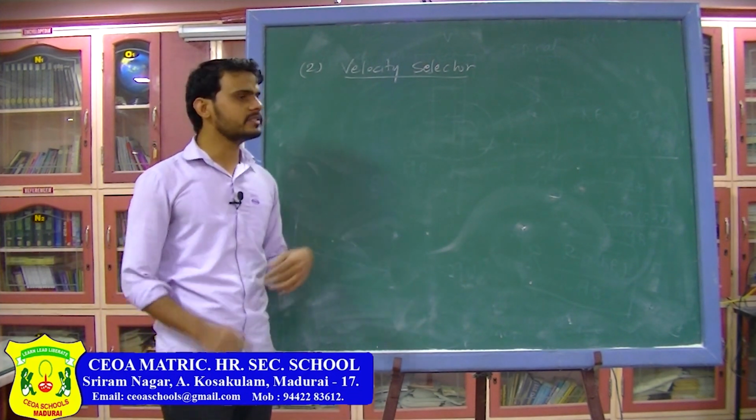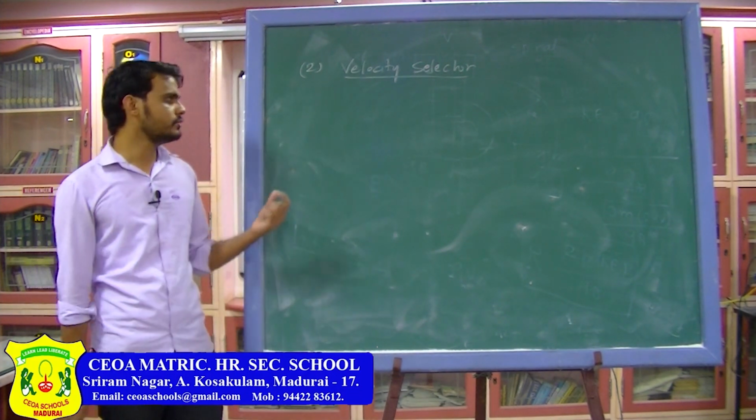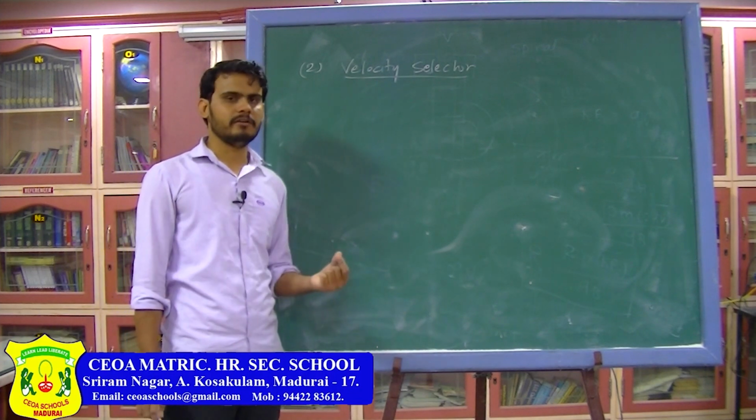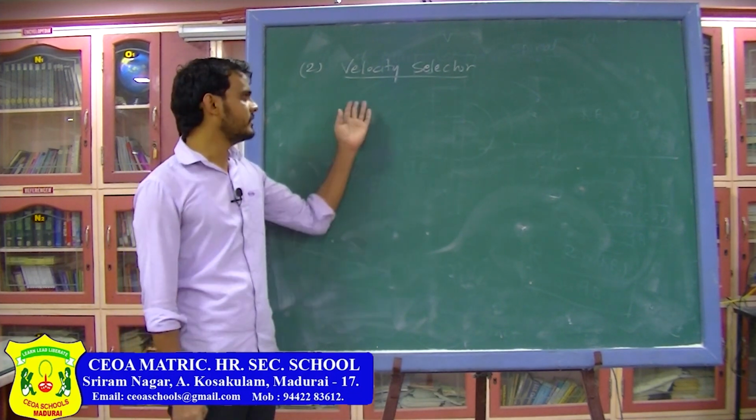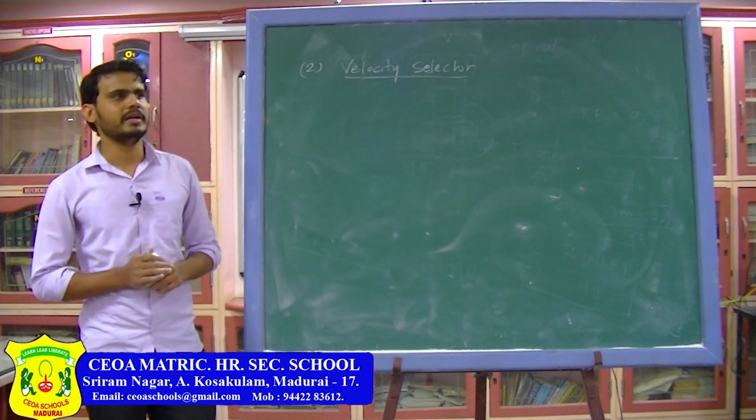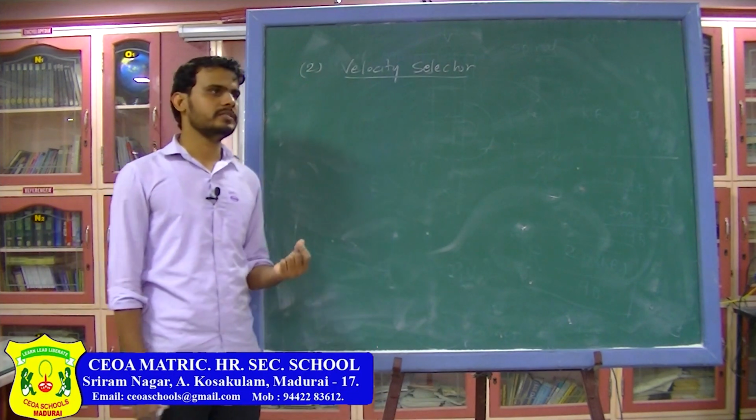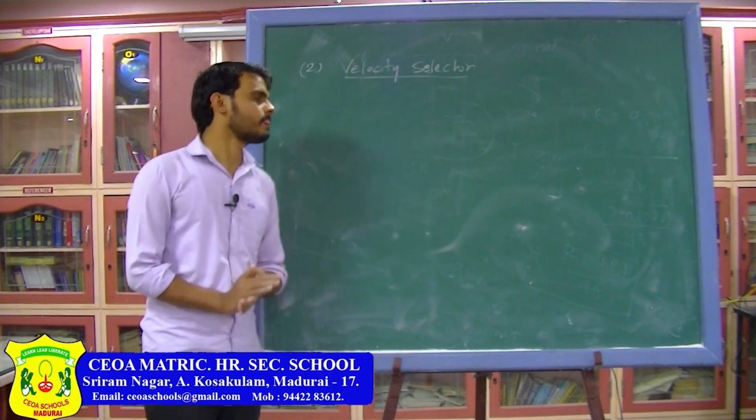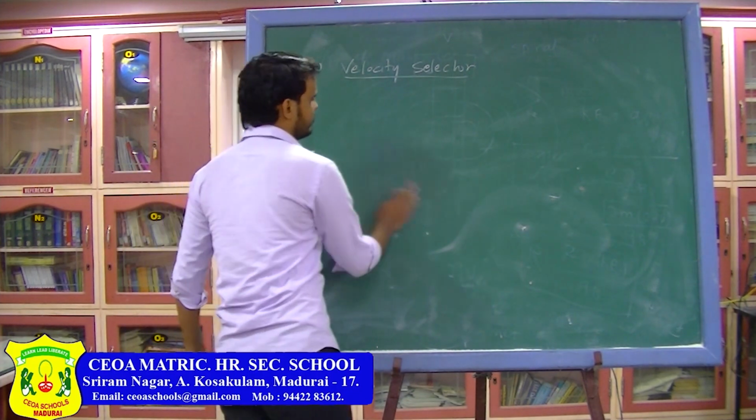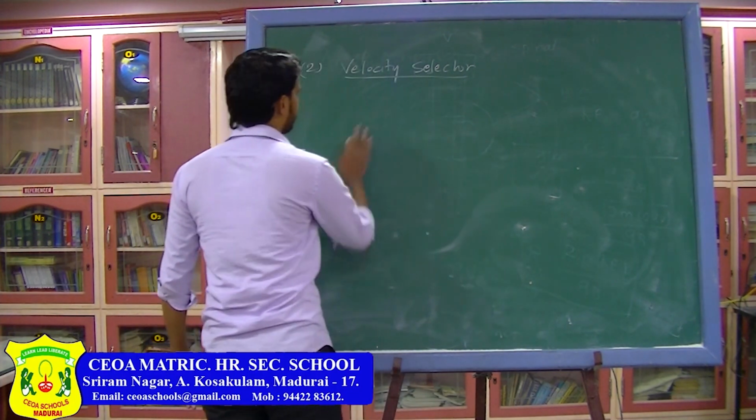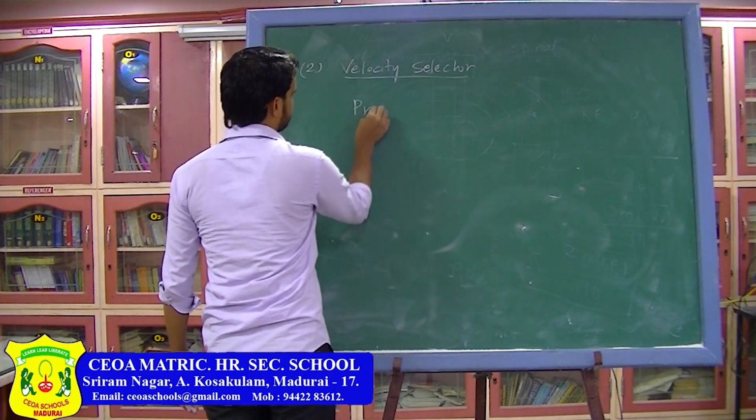Now, as the name itself suggests, you want to separate particles which have a particular velocity from the other particles. So a velocity selector is used to separate particles having a definite velocity from other particles. Now we are going to see the principle of this one. The principle is simple,